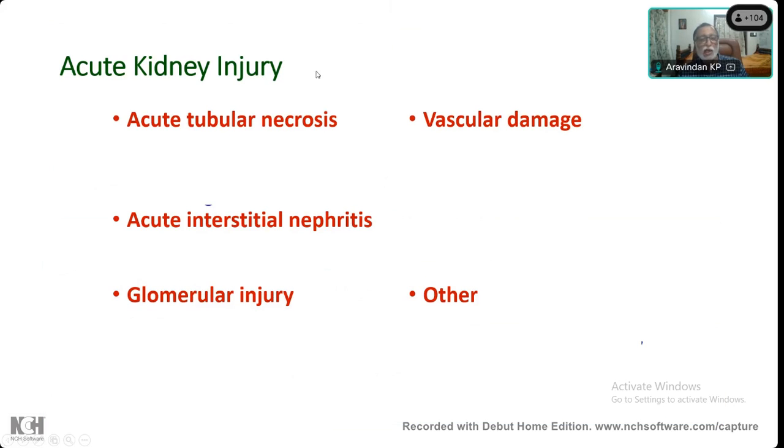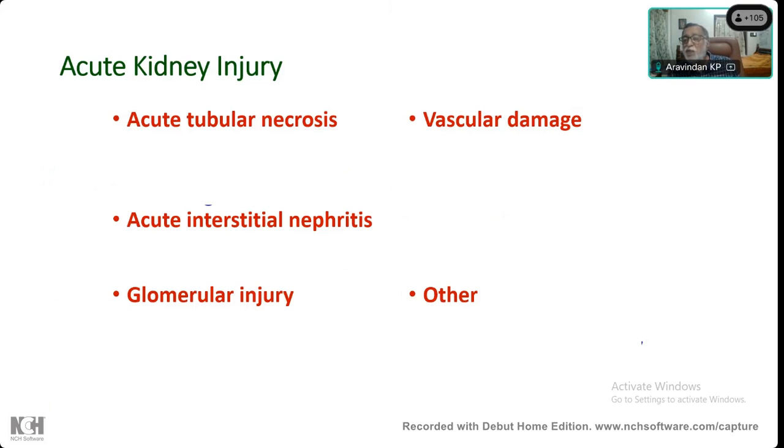So acute kidney injury, these are the different causes that you deal with. Most common would be acute tubular necrosis. In acute tubular necrosis, you would usually have some provoking cause. The patient had an accident or surgery or some other provoking thing, obstetric trauma, followed by renal shutdown, it would be acute tubular necrosis. So a biopsy would usually not be needed in such cases. Then acute interstitial nephritis is one case where this kind of picture can occur. And these are some of the cases in which we get biopsies.